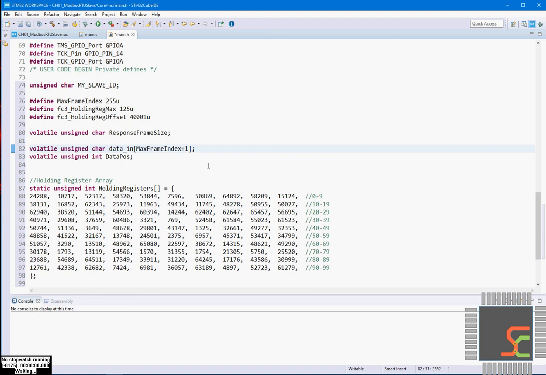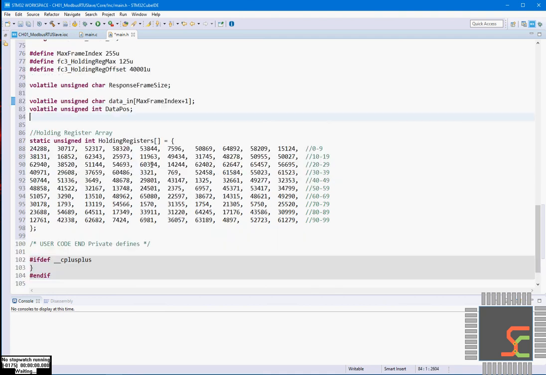We will use this variable to capture the data which we receive from the Modbus master on the RS-232. How we will do that, let's see. And data position is just to increment the index of the data underscore in array.